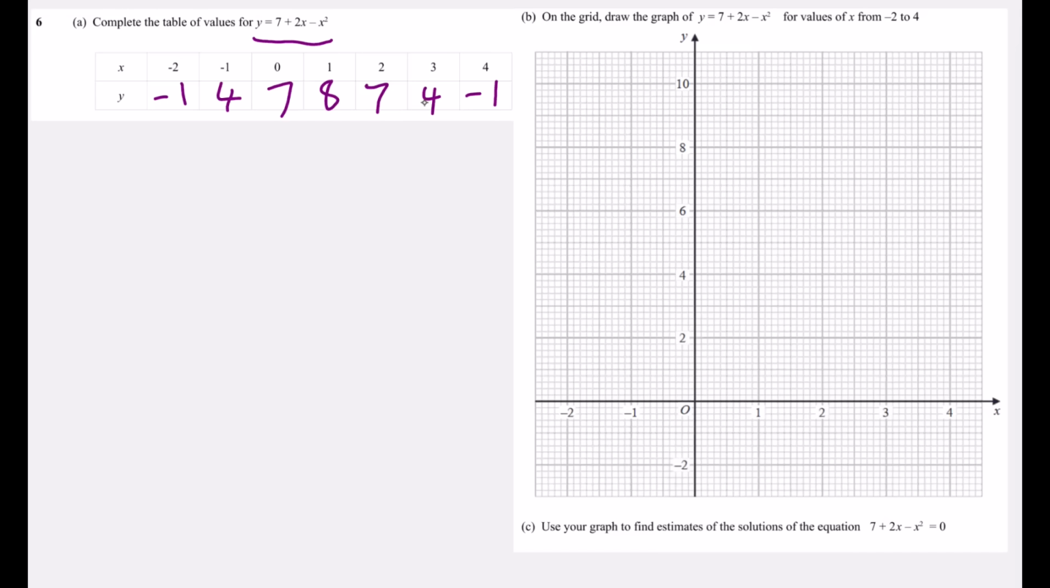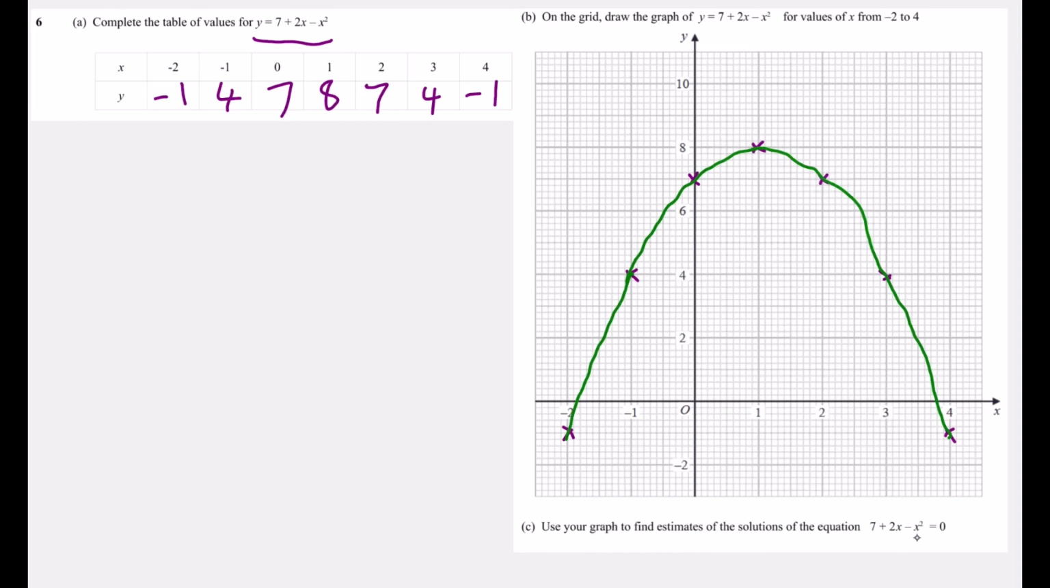So then we can just draw the graph. So -2, -1, -1, 4, 0, 7, 1, 8, 2, 7, 3, 4, and 4, -1. And we'll join them up. It's a curve, so we can't use a ruler. We have to draw it freehand. Something like that. And then it says, use your graph to find estimates of the solutions of the equation 7